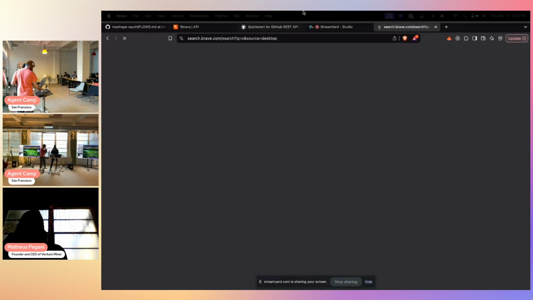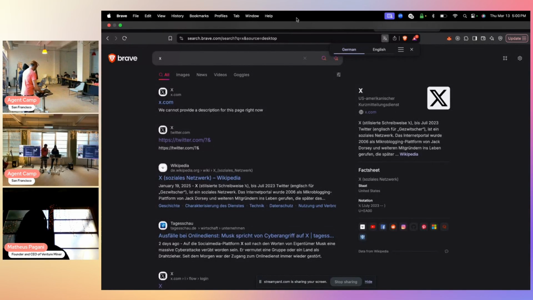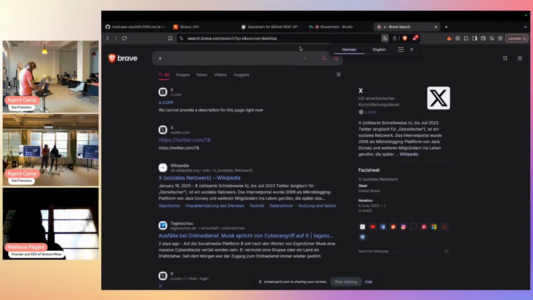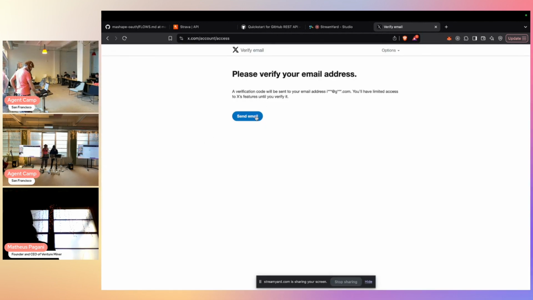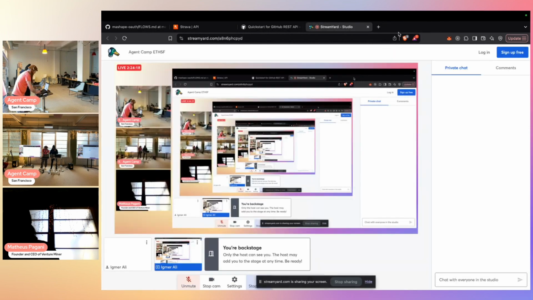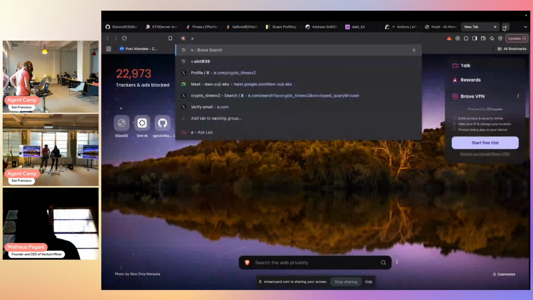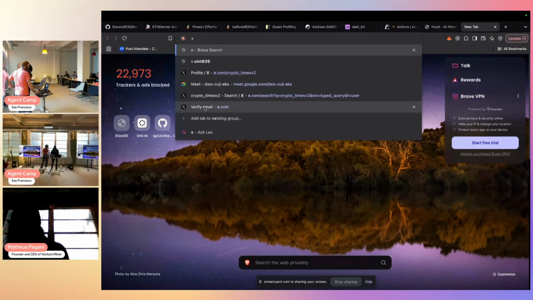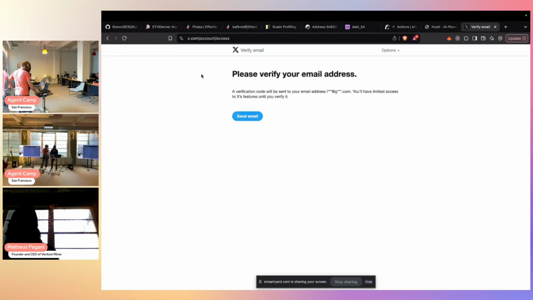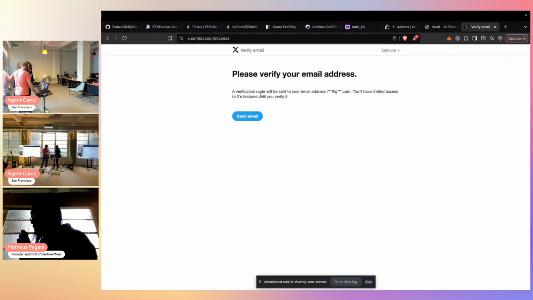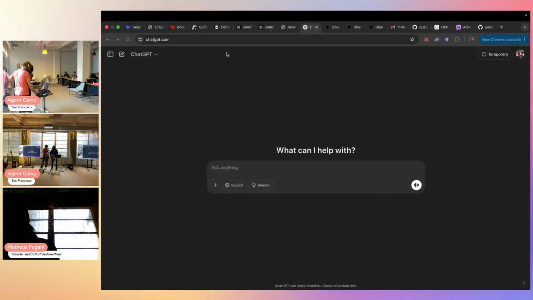Don't forget to register your bot as a parody or as a bot on Twitter because they're literally cracking down on AI agents. Yeah, agents can't have Twitter accounts. So you have to register your AI agent as an agent or as a bot. Otherwise, like you see right here, it's telling me to please verify. And yeah, they crack down on agents.